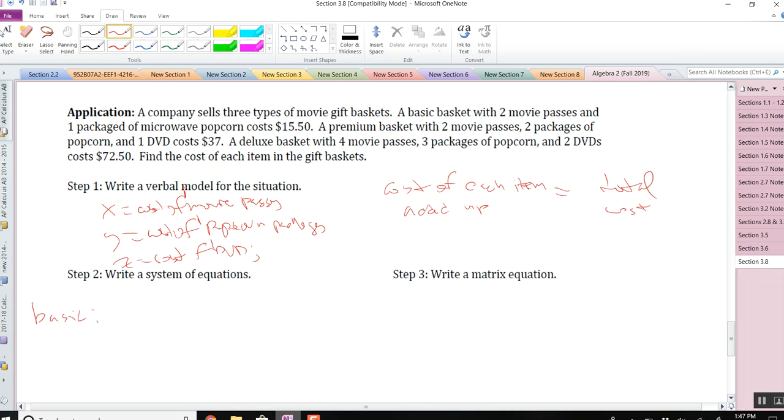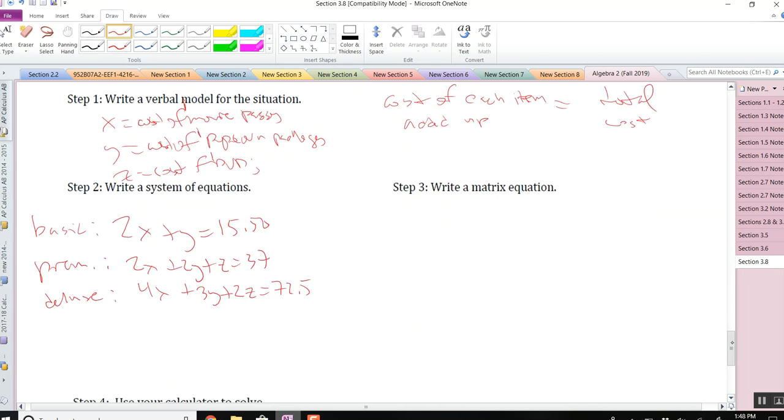So for the basic basket, you have 2 movie passes. The cost is X for each movie pass, so 2X plus Y equals 15.5. For the premium basket, 2X plus 2Y plus Z equals 37. For a deluxe basket, 4X plus 3Y plus 2Z equals 72.5. So now we write the matrix equation. 2, 1, 0, 2, 2, 1, 4, 3, 2, times X, Y, Z,